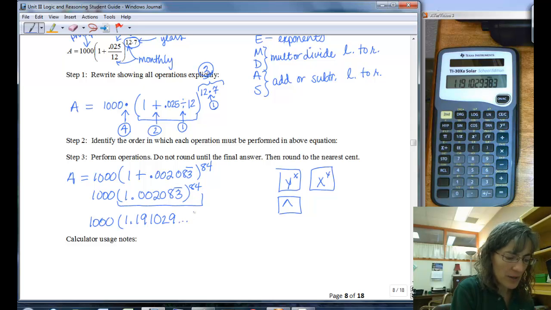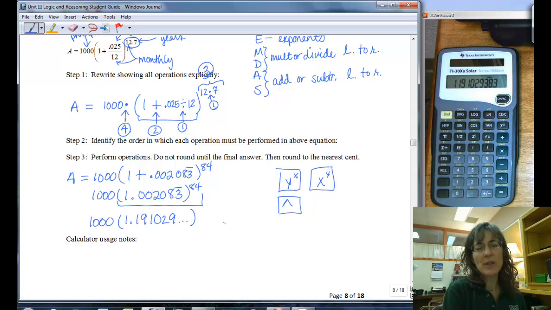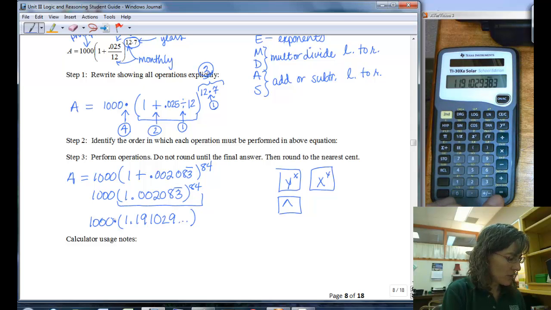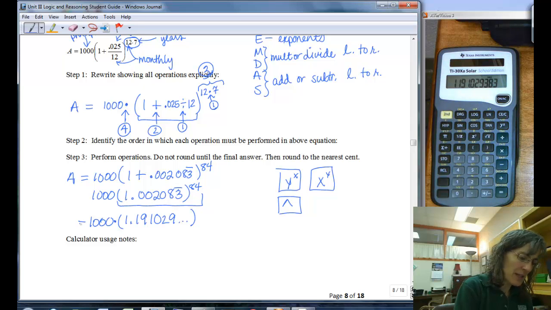1.191029, and it's going on and on. So I'm just going to write down a little bit of it and put dot, dot, dot. I'm leaving it on my calculator though. I'm not going to get rid of it from there. Now my last operation was number 4 up here, was to multiply by 1,000, sorry. So then we'll say times 1,000 equals, and that, remember, is my A, so I have A equals